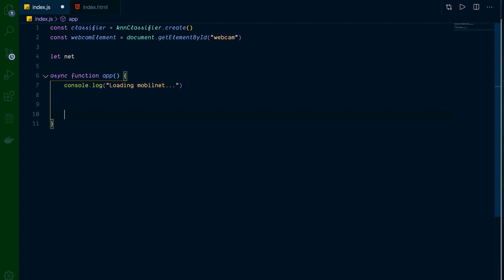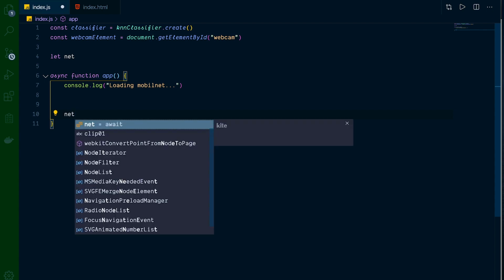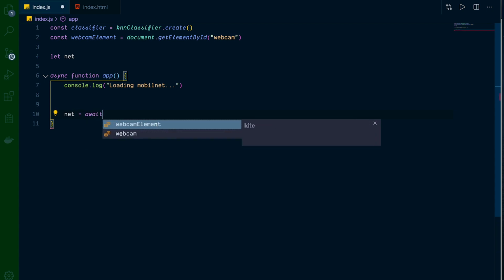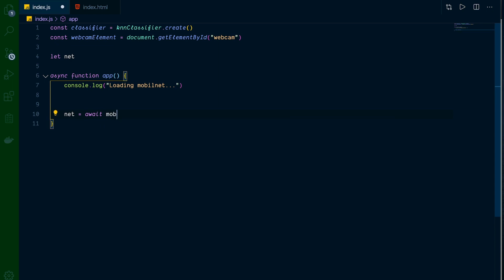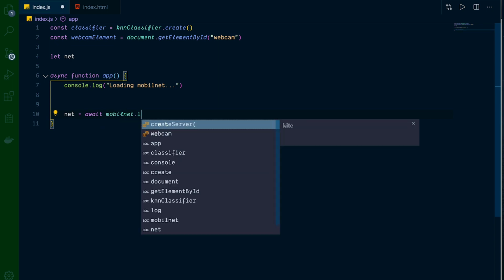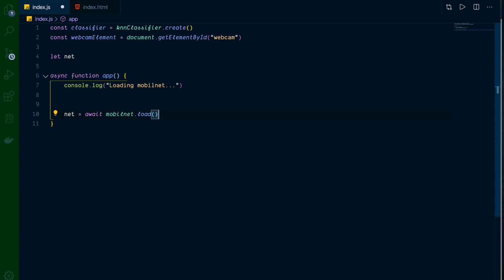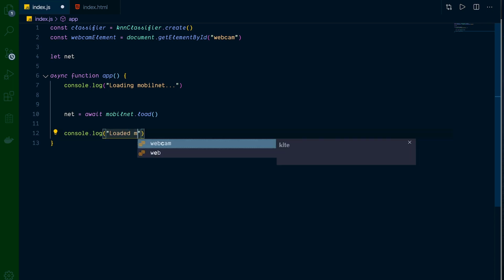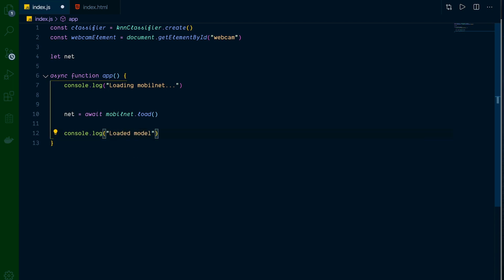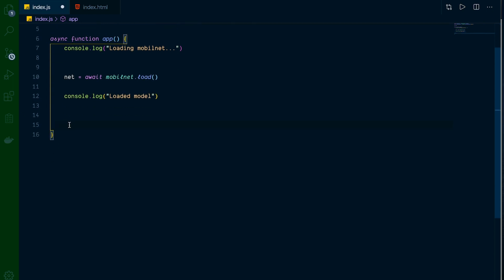And then below here, we want to actually load the model. So we created that variable net up top, and we're going to go net equals await, so we're awaiting it, and we're going mobilenet.load and calling that. So we'll load it there, and then we'll console.log, and we'll say loaded model. Okay, great. Now let's come down a little bit more,